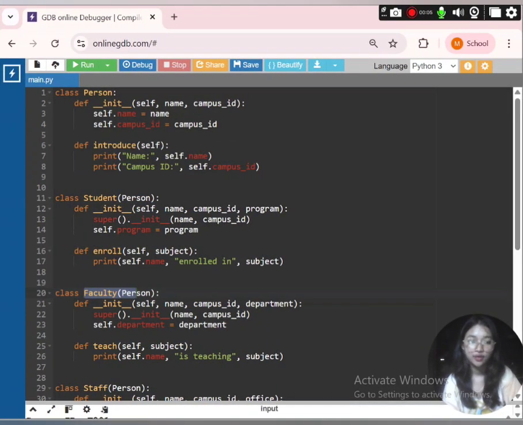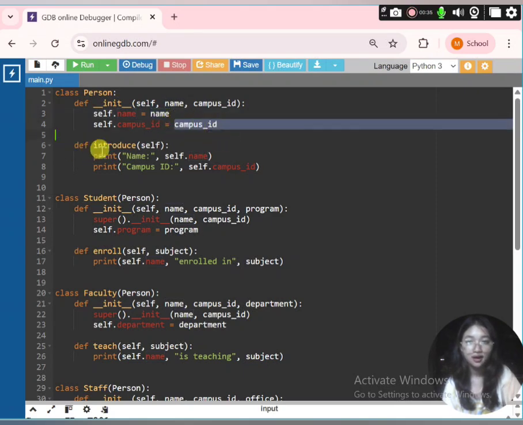So today I will explain my program titled Campus ID System with student, faculty, and staff. This program demonstrates inheritance in Python. First, I created a parent class called Person. In the Person class, I defined the constructor method. This accepts two attributes, which are the name and the campus ID.